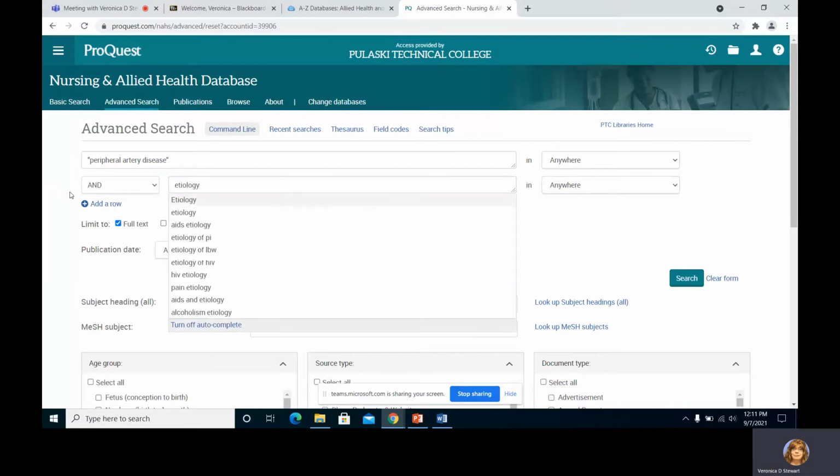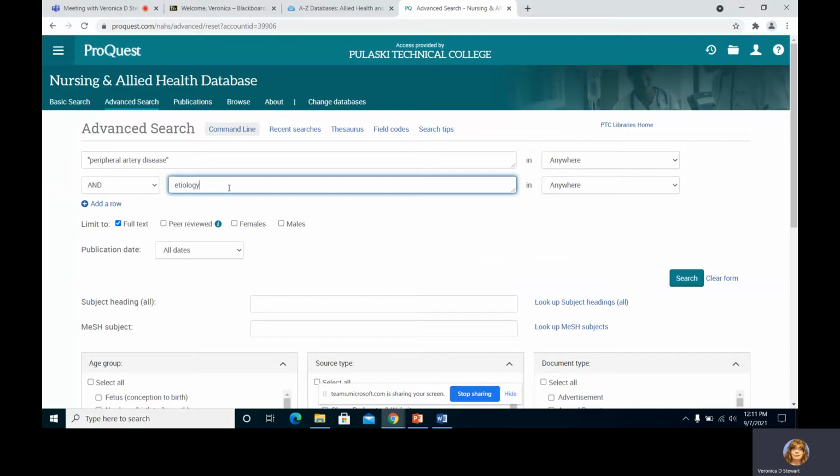And notice I don't bother to put this one in quotes. It wouldn't hurt anything if I did, but since it's a single word, it's just not going to make a difference, like putting multiple words in quotes makes a difference. So I can put etiology in quotes or not, it doesn't matter. But if you do use one of those multiple search terms, like diagnostic procedures, put it in quotes, that will